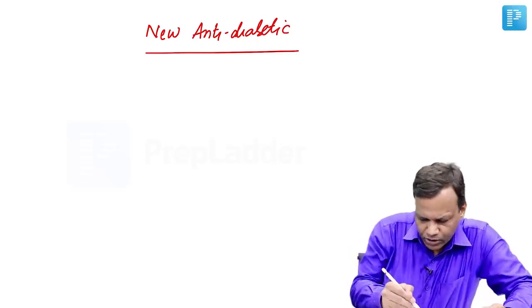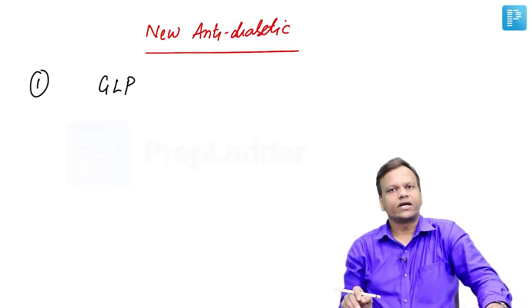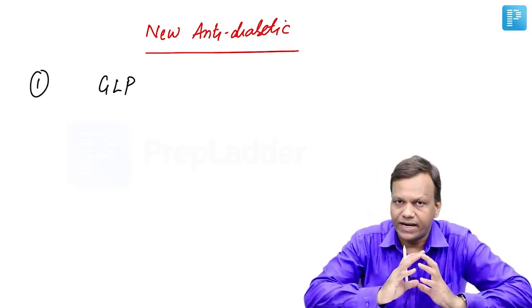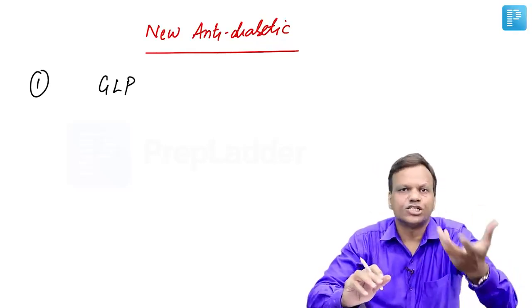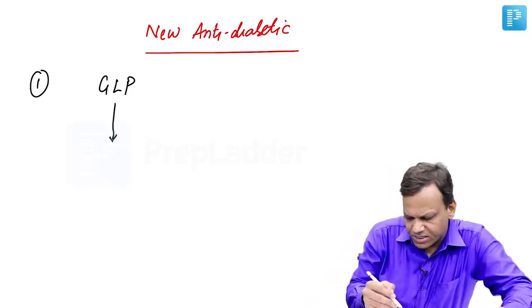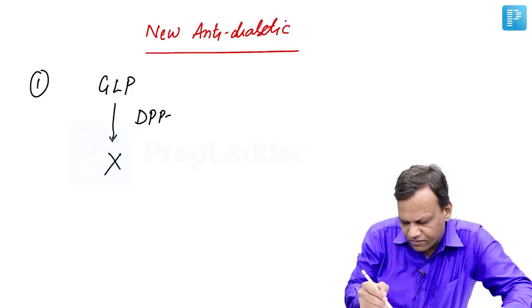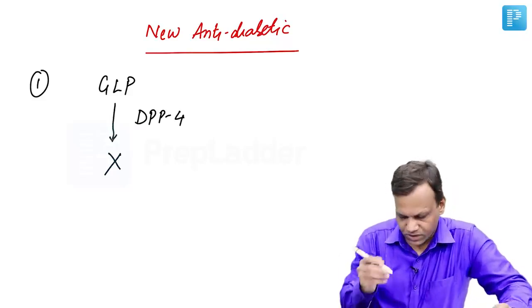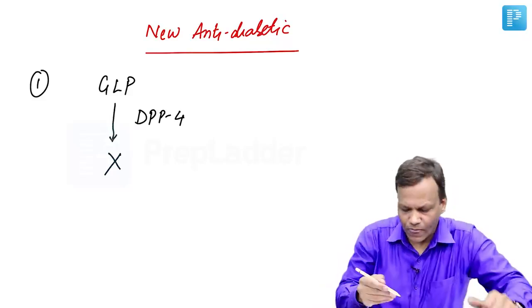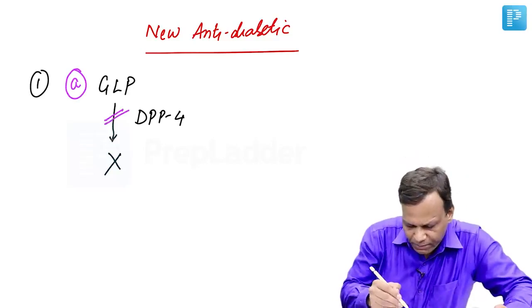The main target in the new drugs is an incretin known as glucagon-like peptide. Glucagon-like peptide normally results in secretion of insulin when we take food. After production, GLP is metabolized. It is broken down by an enzyme called DPP4. So GLP releases insulin. We can give GLP from outside, or we can give a drug which inhibits the